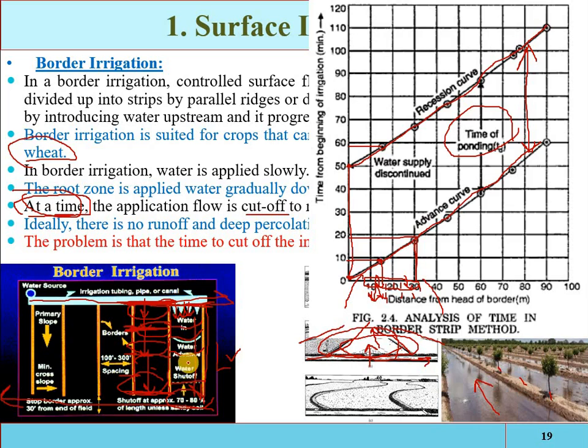So this is one of the rough methods, a hit and trial method. Also, the size of the irrigation stream applied to a unit area of land varies according to the rate of infiltration of water into the soil. That means how much water is introduced into this border, what will be the rate of discharge, what will be the rate of water applied into the border. That is different depending on the infiltration rate of the soil.